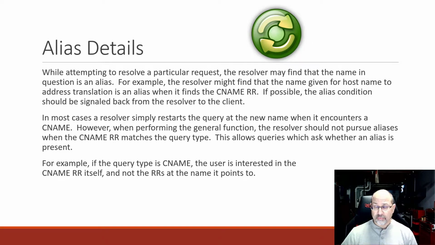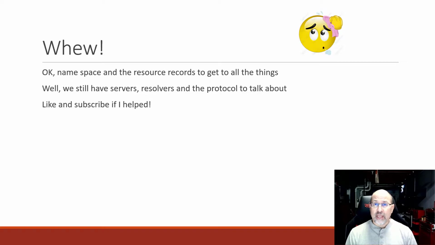extra lookup. Whew, well, that'll do it for namespace and resource records. As you can see, there's lots of different kinds of resource records out there. And as we can see now, query types might reference the particular type of resource record that you're looking for. And so it makes a difference. And if we have CNAME lookups, that might actually result in an extra lookup that we didn't expect. Or when we're looking at a trace and we're trying to understand what's happening, that's helpful to sort of unfold the layers of the query. Well, that's the namespace and resource records, but we still have servers, resolvers, types of queries to do, and the